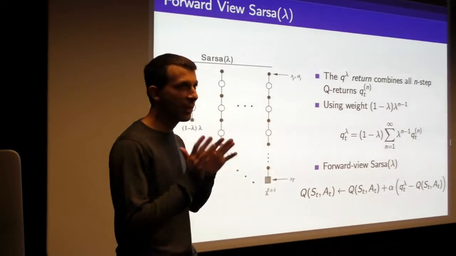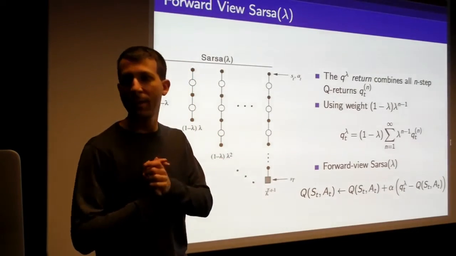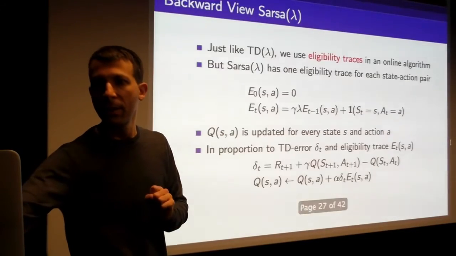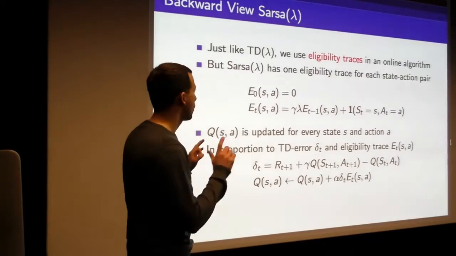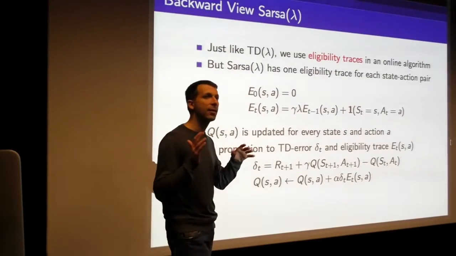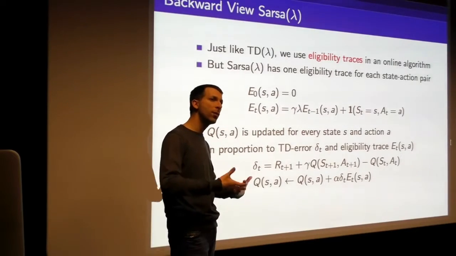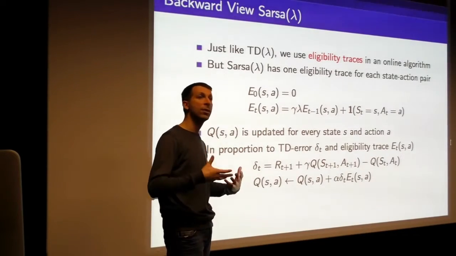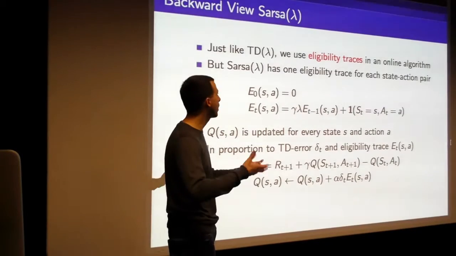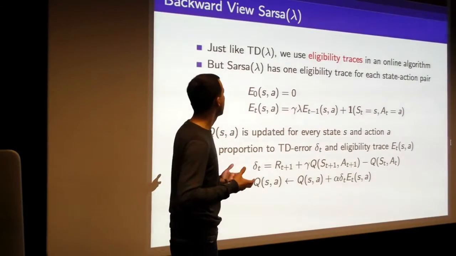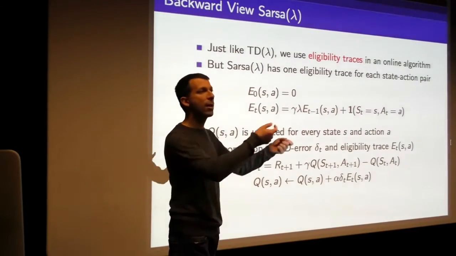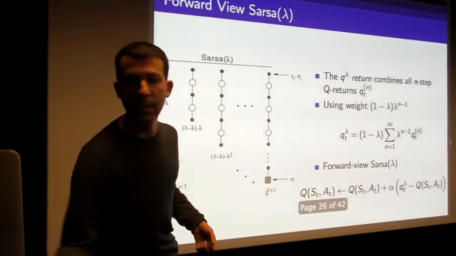We'll see an illustration in 2 slides. Just before we do that, I want to spend 1 slide saying that this was the forward view. If you remember from the last lecture, there was a forward view and a backward view of how to use TD lambda, where with eligibility traces we can come up with a backward view. So what's the problem with this approach so far?